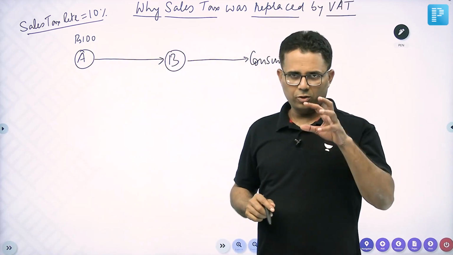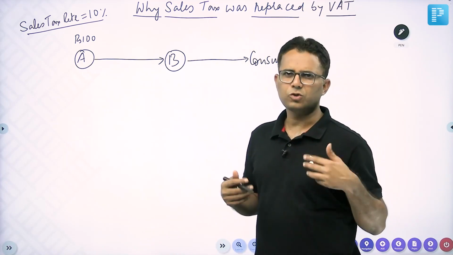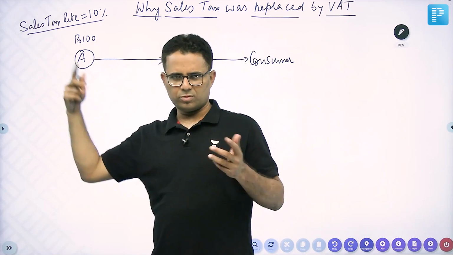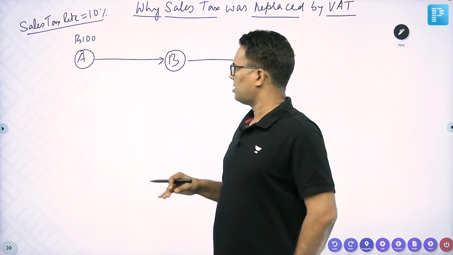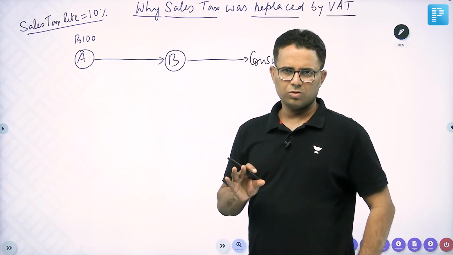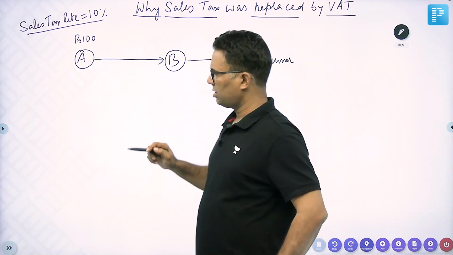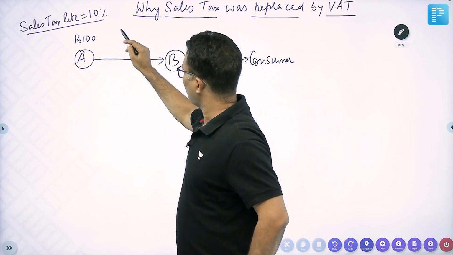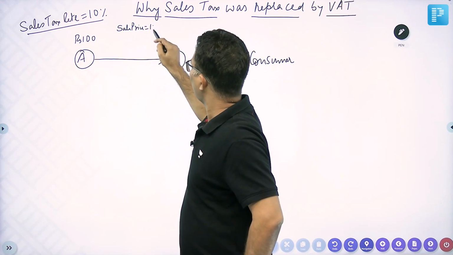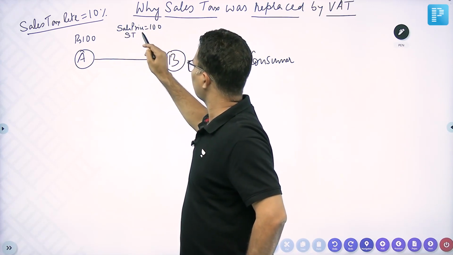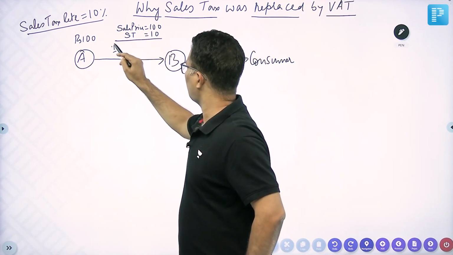Suppose A wants to charge rupees 100 for his work, and just assume that A did not purchase any inputs from previous suppliers. This practically doesn't happen, but just for example. So A for its own work wants to charge 100 rupees. So A sold to B. So how will the bill be prepared? Sale price 100, sales tax 10, and invoice